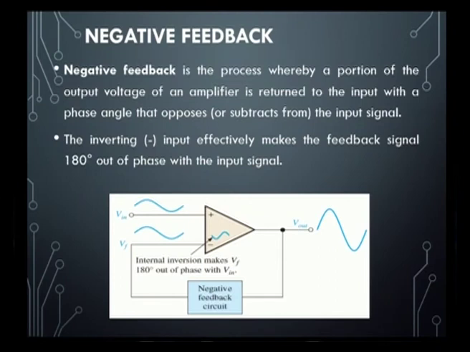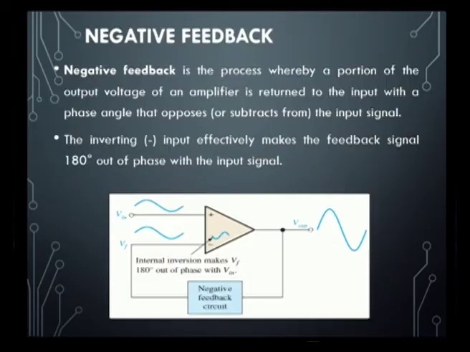Next we move on to negative feedback. Negative feedback in an op amp helps us control the gain, because the gain is not controlled at all in an open loop. With negative feedback, the gain can be controlled by changing the value of the resistance we use in the negative feedback. By changing this resistor value, we can change the gain. This is useful so that we can control the gain of an op amp.